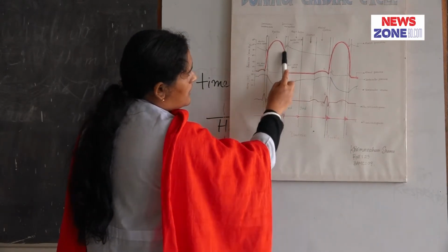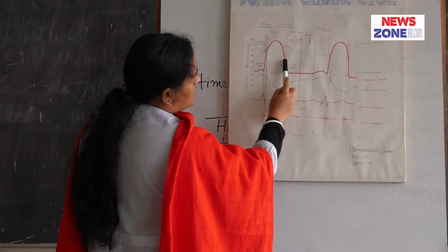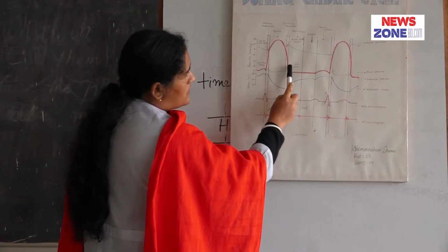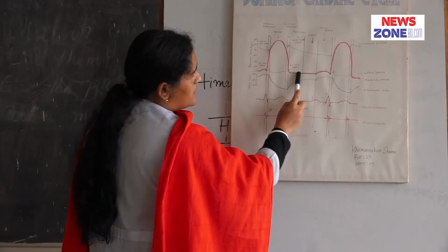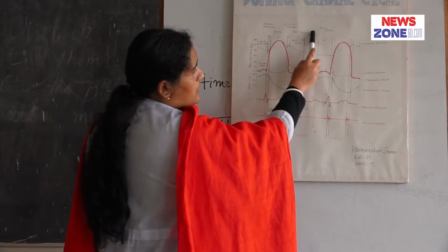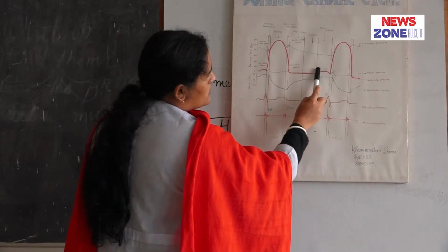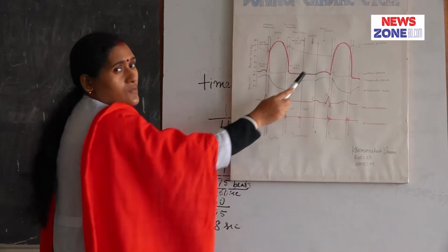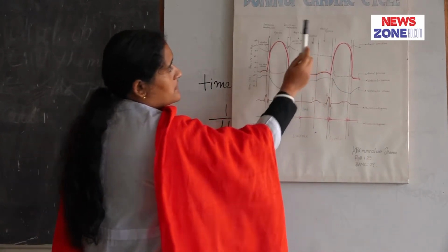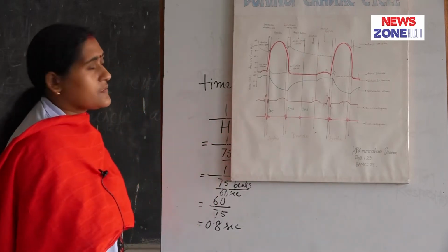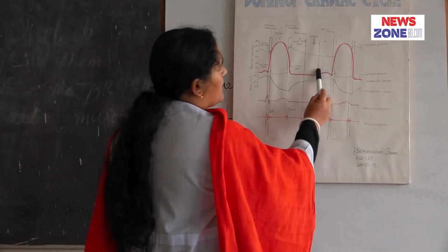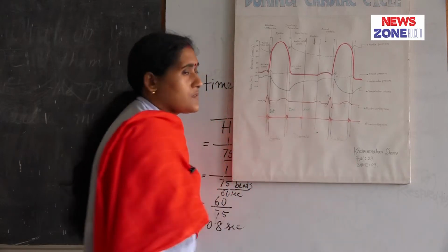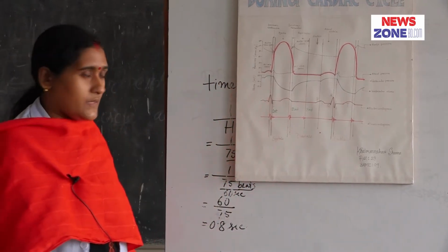This small area is protodiastolic period. This is isovolumic relaxation period. This is fast rapid filling phase. This is slow filling phase or diastasis, and this portion is last rapid filling phase, and this phase coincides with atrial systole. The duration of atrial systole is 0.1 second, and last rapid filling phase is also 0.1 second.